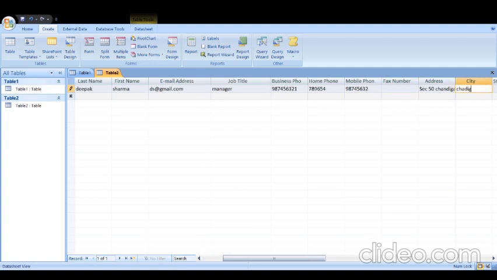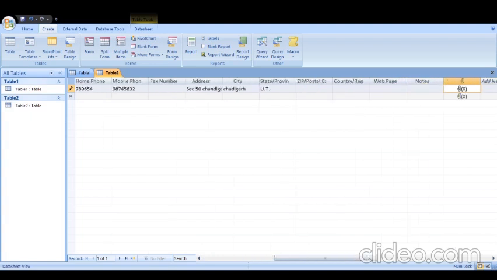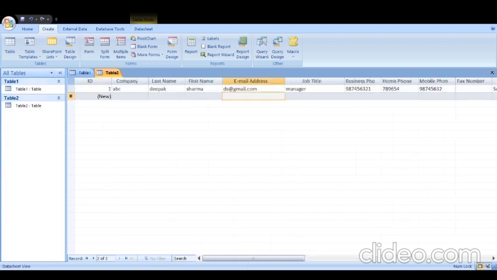You can see that I am filling the data. I don't want to fill the other things. Now whenever you press the Tab key, your cursor will go to the next column. Again I am entering the same company and a different name.